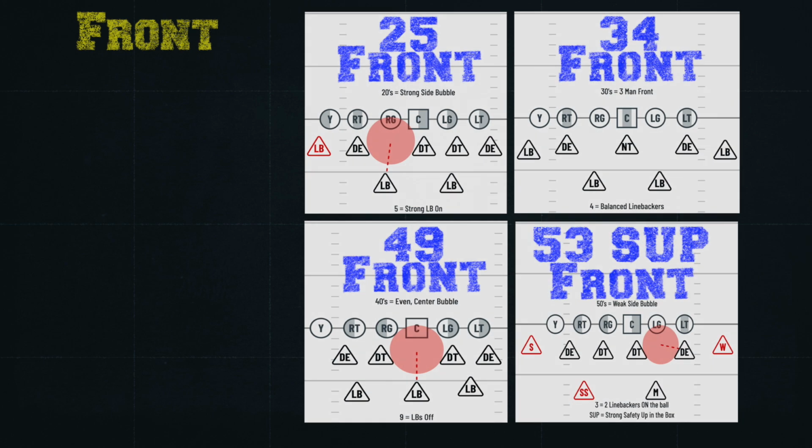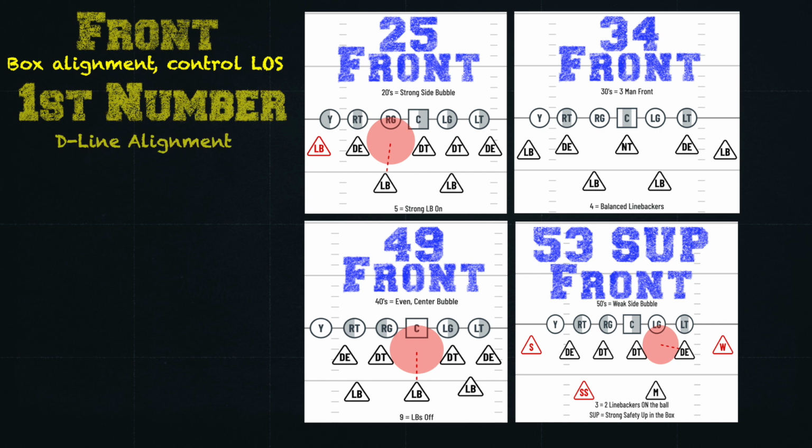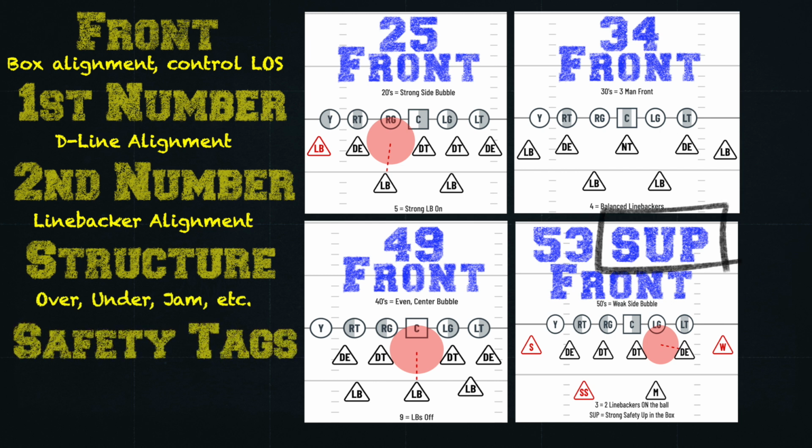The D-line is our first structure in what is called a front. Fronts describe to us what the box looks like, or how the defenders are trying to control the line of scrimmage. The first number tells us what the D-line is doing. The second number tells us what the linebackers are doing. There can also be structural names like over, under, jam, wide, tight, etc. And then there can be tags for when safeties come down into the box. Again, it's beyond the scope of this video, but I thought I would mention it and put a few examples